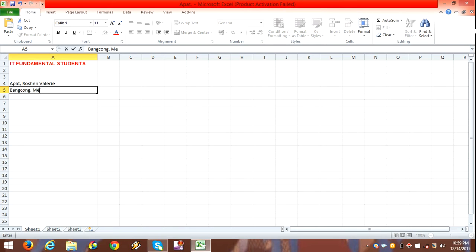like me. So after finishing the editing, if you want to save it again, you'll find the Save button on the upper left portion also. So this is the Save button. So our worksheet has been saved successfully.